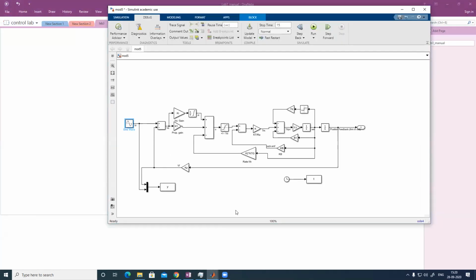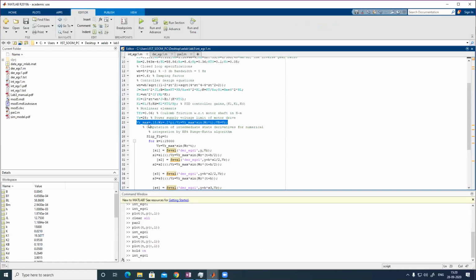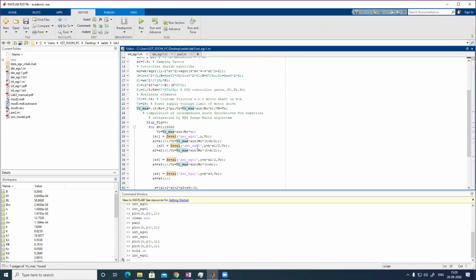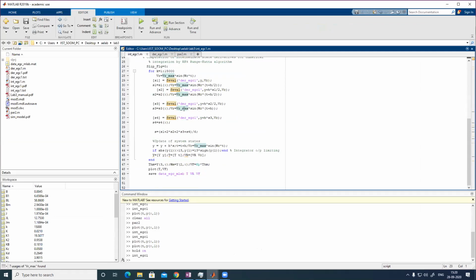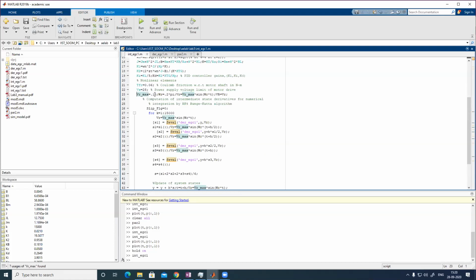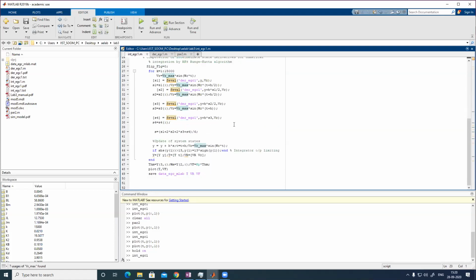So you have to do it for this one. You only have to change here. For a step, you have to set this omega to 0, and you will get a step of that value. Otherwise you can change this code for step. This is V equal to Vm sin omega t. There you have to use V equal to some value, and change all the values here. Here it is written for Vm sin omega t form only. There you have to use only one value; that is the step input. This is for sinusoidal command only. Otherwise you change here. So you start doing.